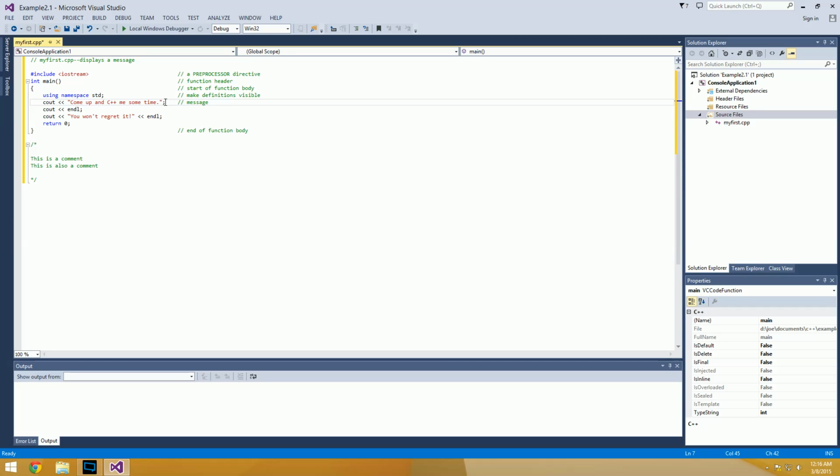And then at the end of every command, we're going to need this little guy, semicolon. It functions kind of like a period. If you were comparing this to a sentence, it would be the period, and basically all it does is tell the compiler that, hey, this line of code is complete, go ahead and move on to the next one, where if we got rid of that, it would try to basically process this line and this line all as one command. We'd get an error because the syntax for that would be